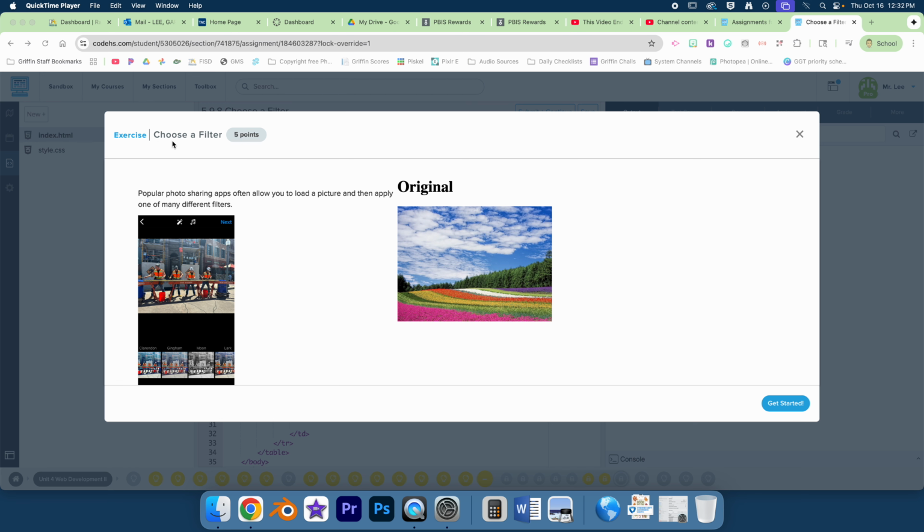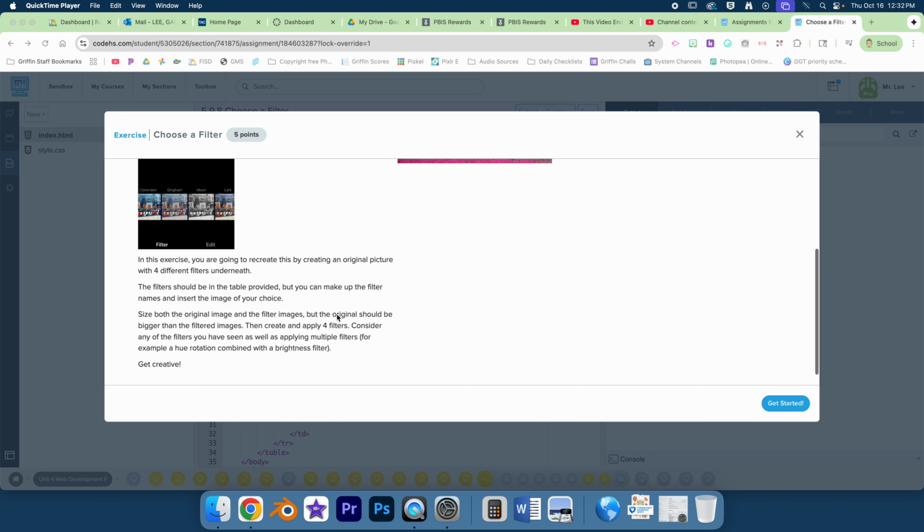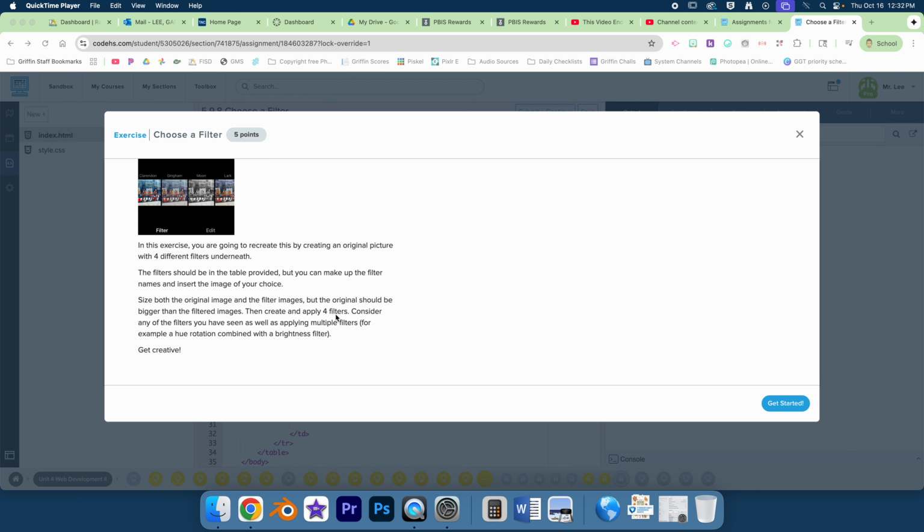So this one is the last one for today. It says choose a filter. Popular photo sharing apps often allow you to load a picture and then apply one of many different filters, such as these down here. In this exercise, you're going to recreate this by creating an original picture with 4 different